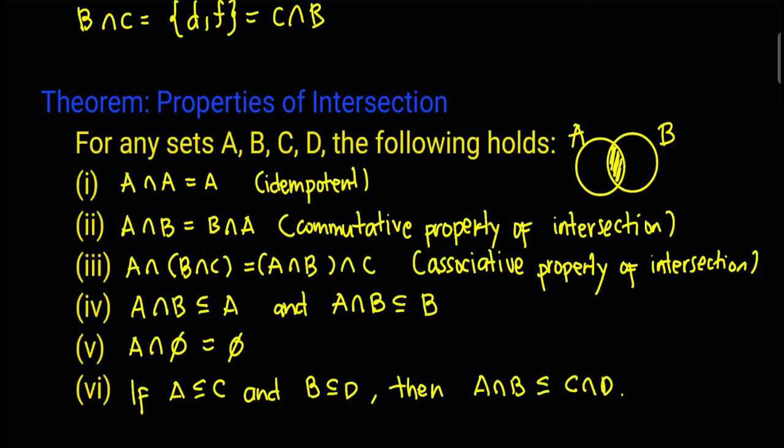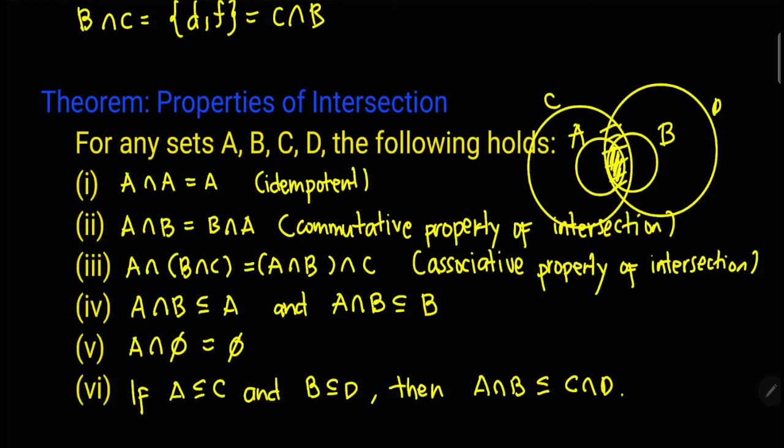If A is a subset of C and B is a subset of D, then the intersection of A and B is a subset of the intersection of C and D. This is the same as our illustration in the union. Let's say that A is contained in a bigger set C, and B is contained as well in a bigger set D. Let's say this is C and this is D. So the intersection of the two big sets C and D is this one, and we can easily see that